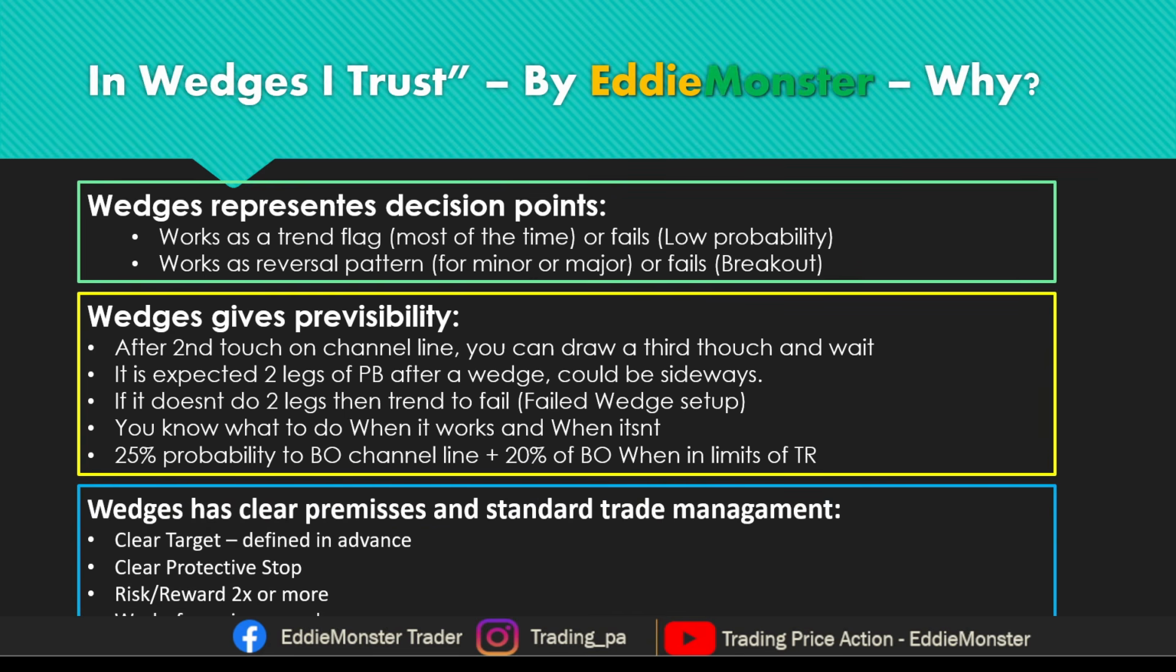Wedges have clear premises, as in standard trade management. Clear premises, clear target, defined in advance. We'll see how to define the target. Clear protective stop. Risk reward 2x or more, and it works for swing or scalps, depending on